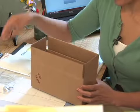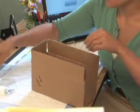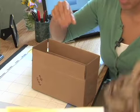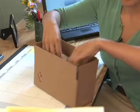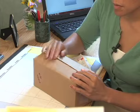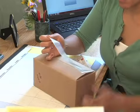Repackage the phone by placing the phone with the bubble wrap, the iPhone charger in the box, and then securing it with the brown paper. Next, close the box, seal it with the piece of tape that was included,